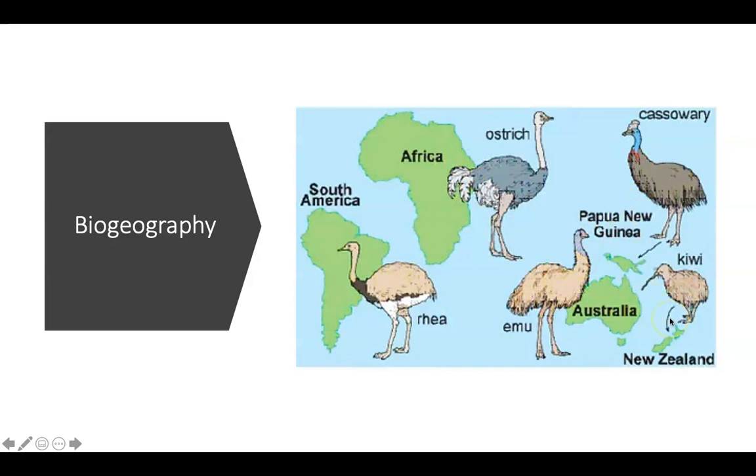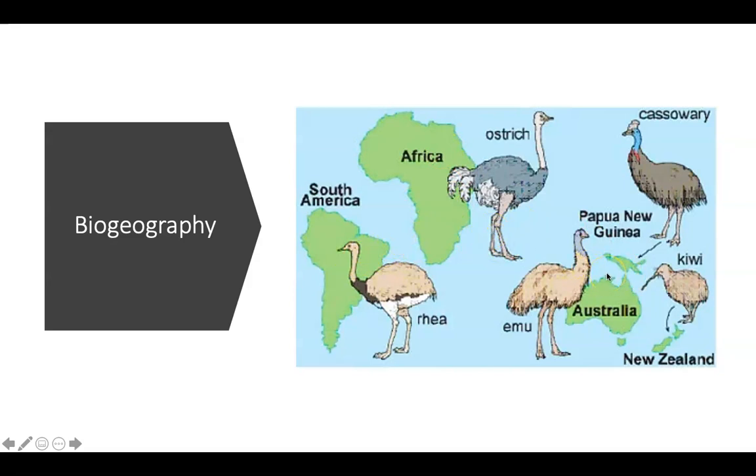The thing that these birds all have in common is a lot of anatomical similarities in the way that they're shaped. That's a clue that they're probably closely related, with some divergent evolutionary processes going on. But these are flightless birds, so it's unlikely the emu has flown here from Africa or South America. This pieces in the idea, because we know that these continents were connected at one point, that there was a common ancestor that perhaps roamed all of these continents as they were joined together in Gondwanaland or Pangaea. As these continents shifted and moved, the environments changed.